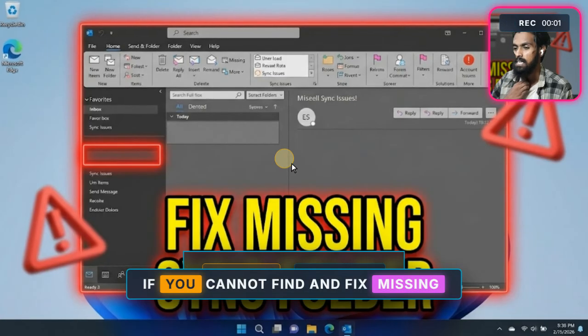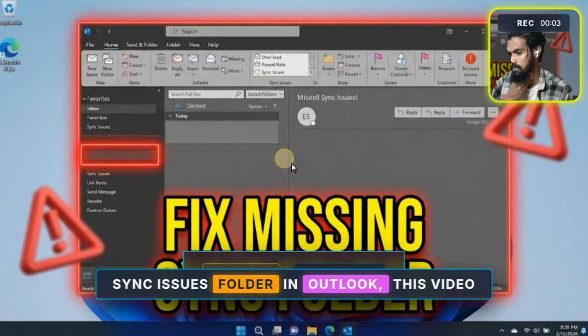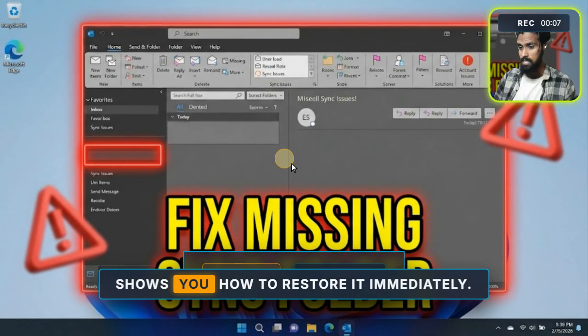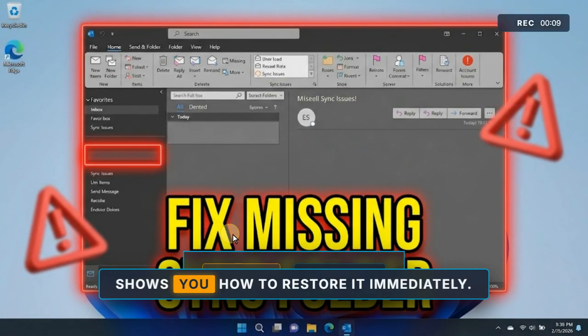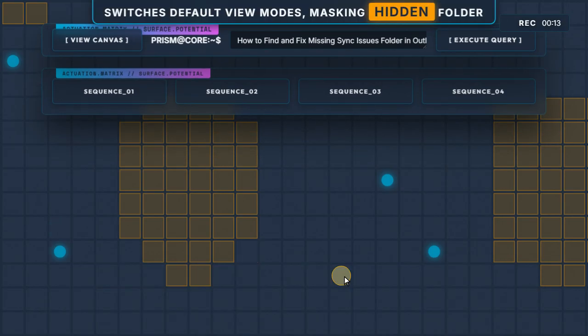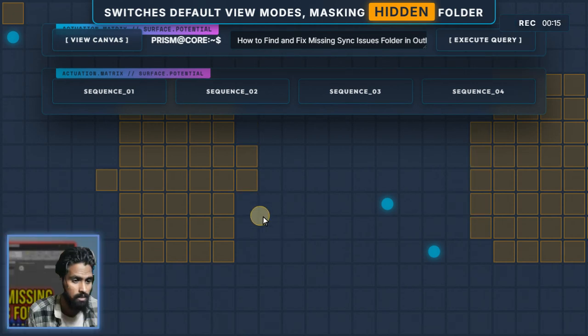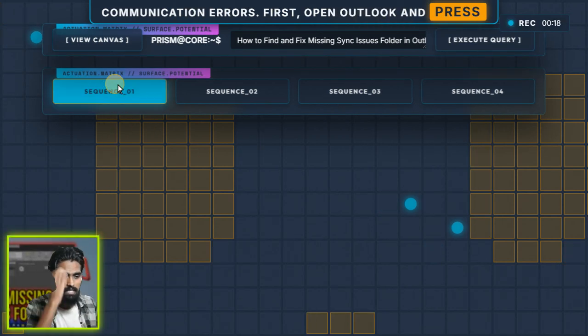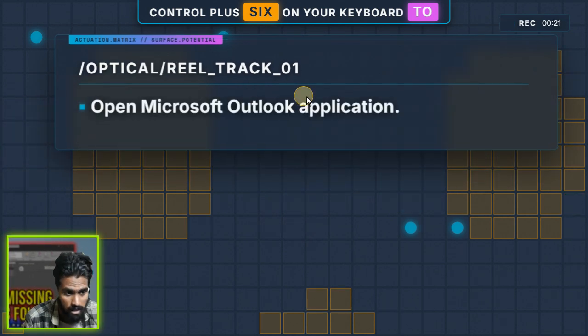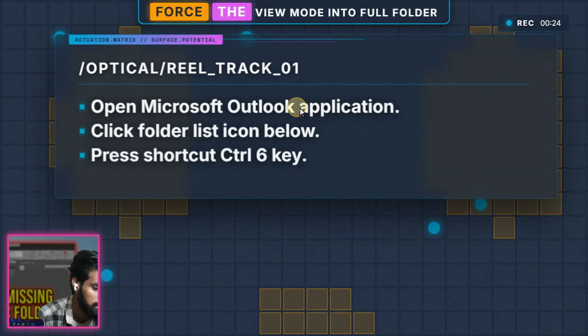If you cannot find and fix the missing Sync Issues folder in Outlook, this video shows you how to restore it immediately. The Sync Issues folder hides when Outlook switches default view modes, masking hidden folder communication errors. First, open Outlook and press Ctrl+6 on your keyboard to force the view mode into full folder list display, instantly